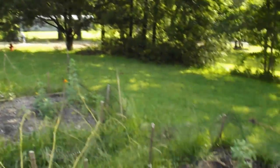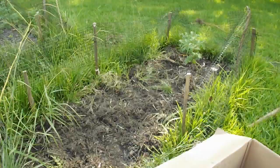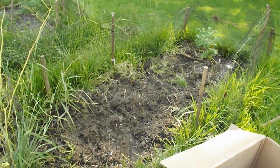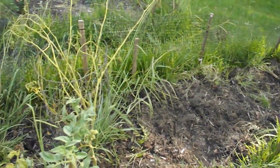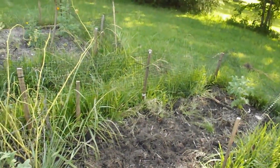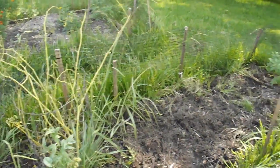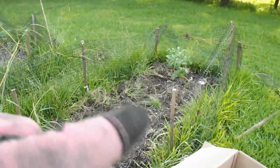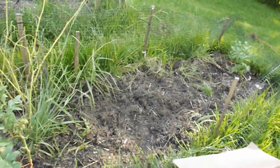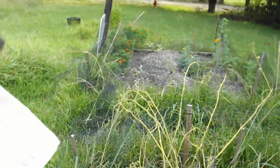Anyway, so today we're going to weed all of this out, and then we're going to dump the rabbit poo that's in there all into the garden, work it into the soil, and then put mulch on top and get it ready for, I think in here I'm gonna put my lettuce down here, and then some kale right here, and then hopefully some broccoli here, but I might just go ahead and put the broccoli over there. Anyway,